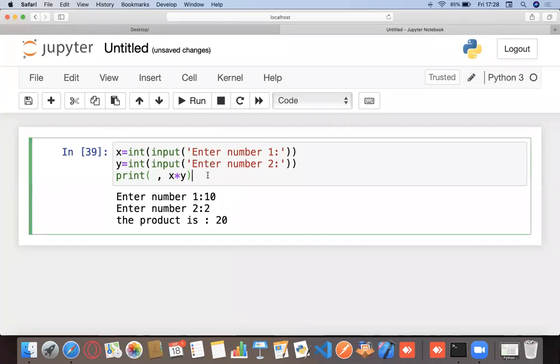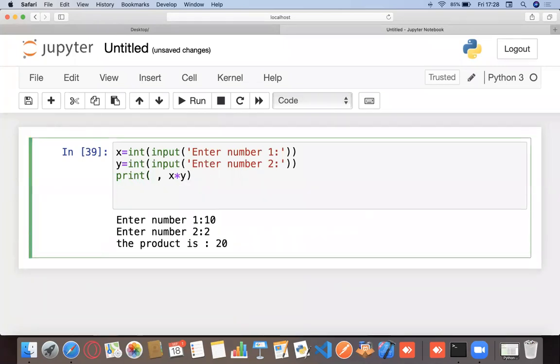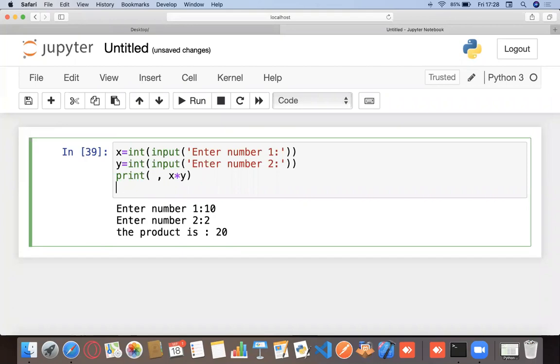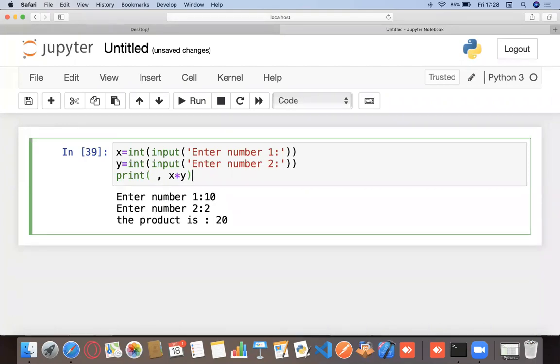So what if I want my output to be something like this? Let's say you entered 10 and 2. I want to write something like 10 multiplied 2 equals to, and your output. What if I want to do something like this? There are a lot of apps or applications that you could use. You could go for VS Code. That's a great IDE. You could even do it in Notepad and execute it using the CMD or anything else, right?